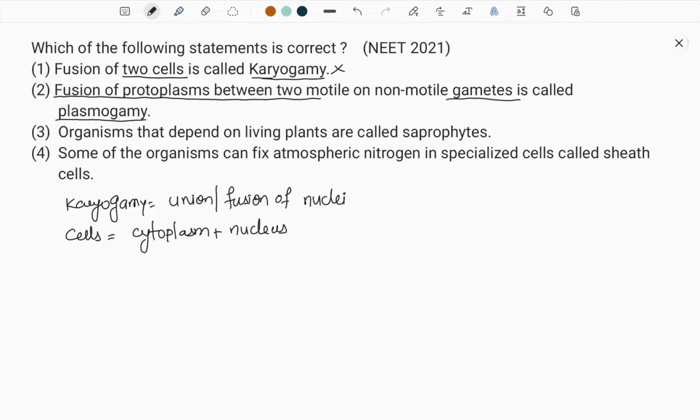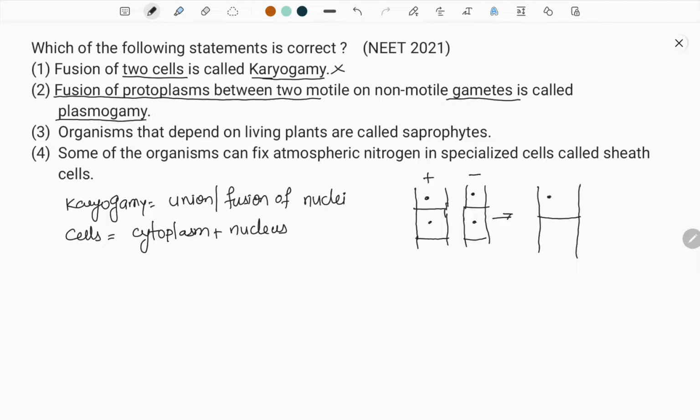In fungi, what happens? Two cells come together. Two hyphae we call them as, fungal filament is called as hyphae. This is one nucleus, this is one nucleus. These are the septa. Let us suppose this is positive state, this is plus state, this is minus state. When they come together, when they are fused with each other, only plasmogamy takes place.